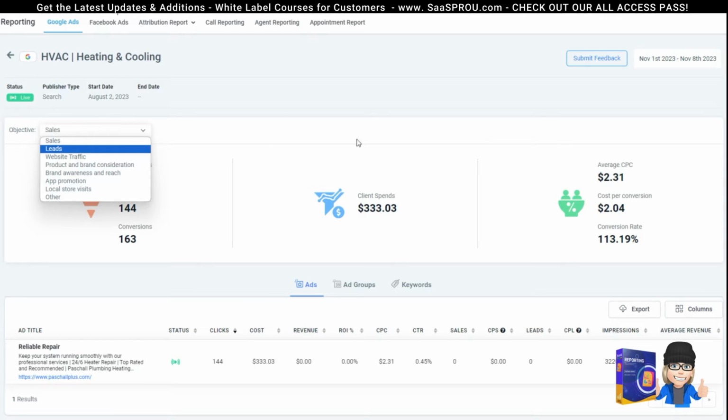So you can break down your Google report by sales, leads, website traffic if you're selling products, brand awareness, whatever your objective was in the ad. This is how you would search. In this particular case, I'm going to select web traffic. You'll see we're looking for